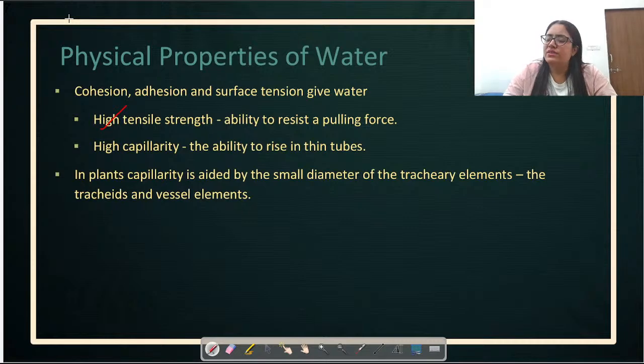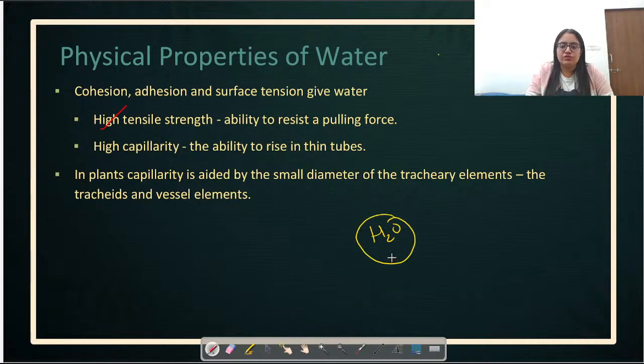Now you must be thinking, what is the function, or how will this high tensile strength of water help in the ascent of sap, or moving water molecules along with the solute up a plant? Now listen, students, this high tensile strength of the water helps the water to pull upwards, and helps the water molecules overcome the gravitational pull. Do not forget, students, these water molecules are under two forces. They are naturally under gravity, which is pulling the water downwards, and